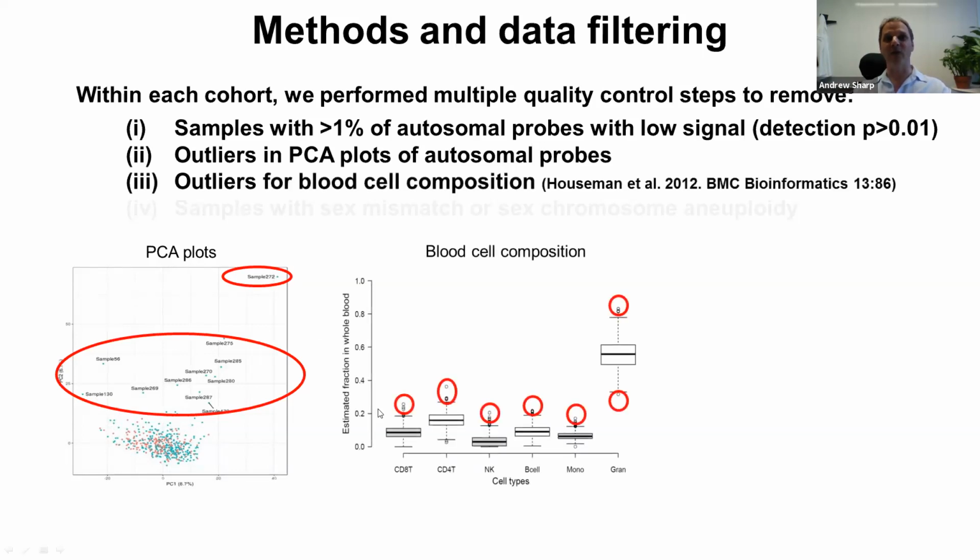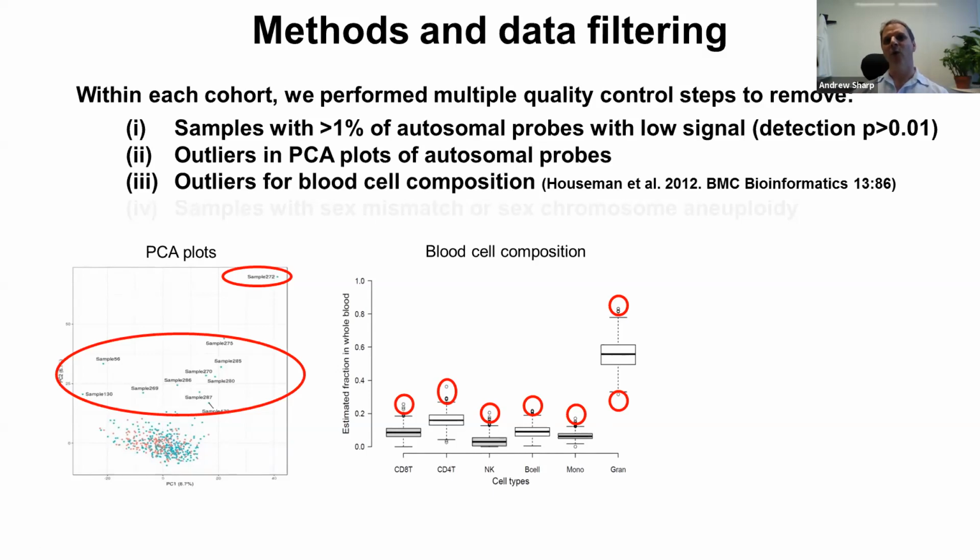Another very important step that we did here is we calculated the proportion of blood cells that were contributed by each of the major types constituent in whole blood. This is very important because most tissues, blood is one of them, are heterogeneous mixtures of multiple different cell types. And here, because we're looking at epigenetics, epigenetic profiles differ between different cell types.